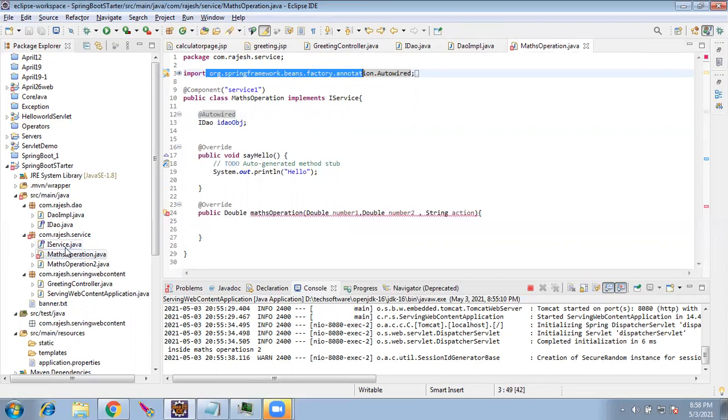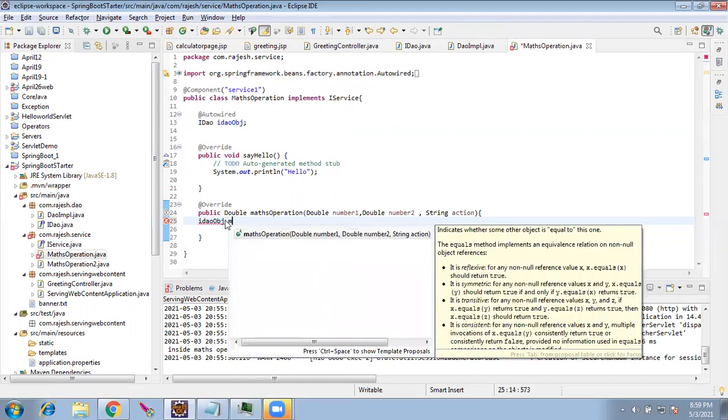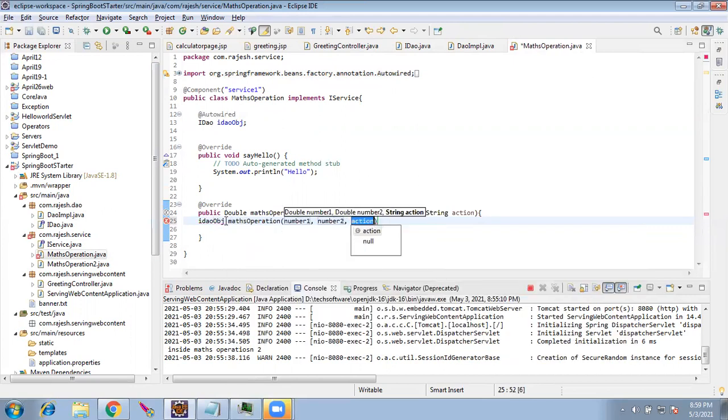Sometimes what happens is you work with multiple jars and you wrongly import the auto wire, and many of the features will not work. So I have to call here IDAO object dot maths operation. Same number one, number two, and action, whatever is coming, and I will return here. Whatever the DAO is returning, I will return back from service.